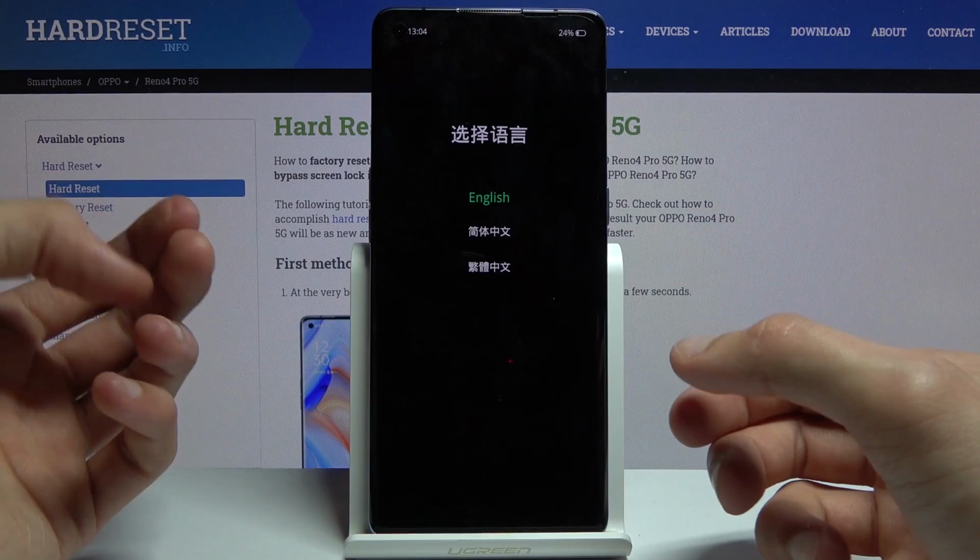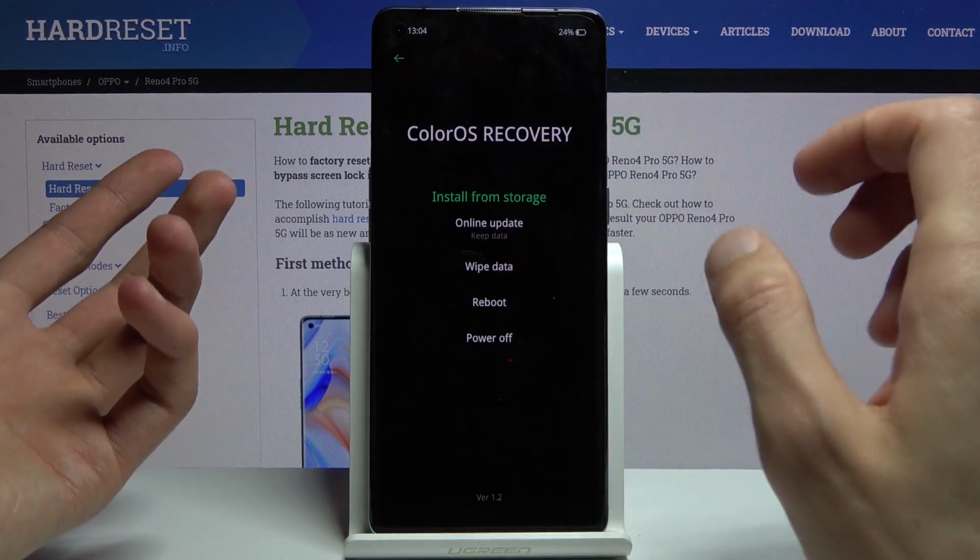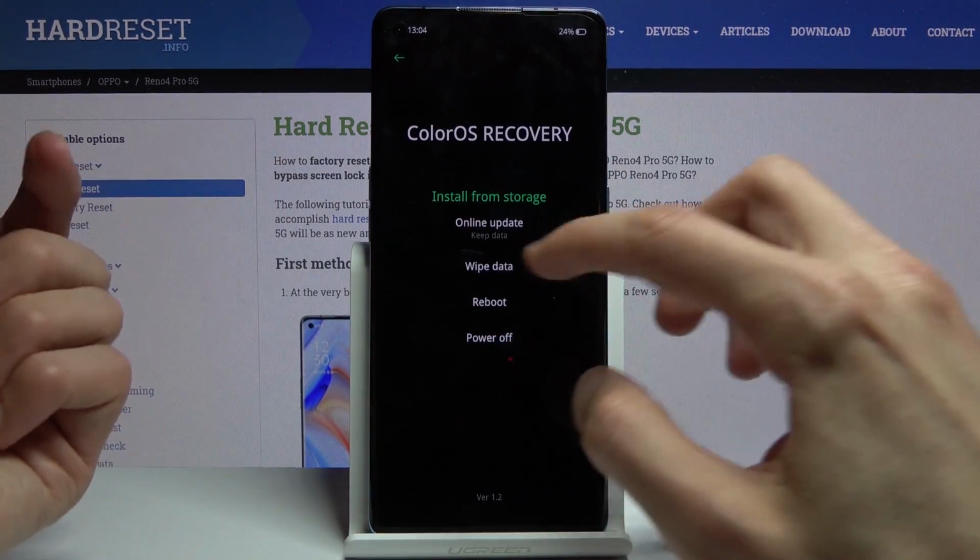Now as you've seen, it automatically progressed further due to the power key press, but you can go back, and from here all you need to do is select your language and then tap on wipe data,